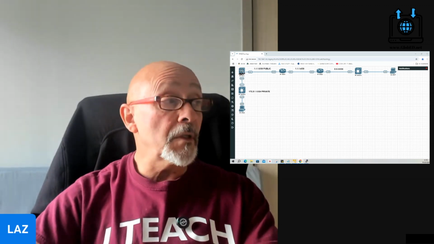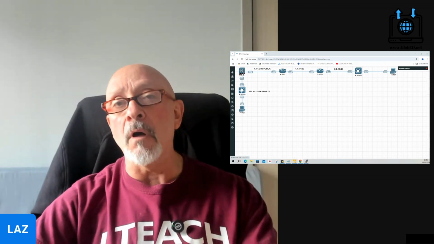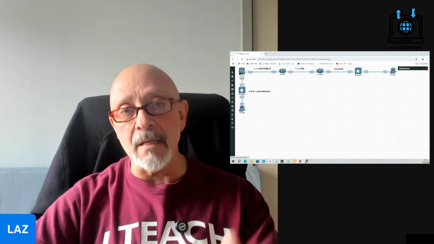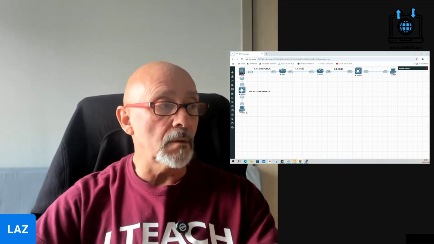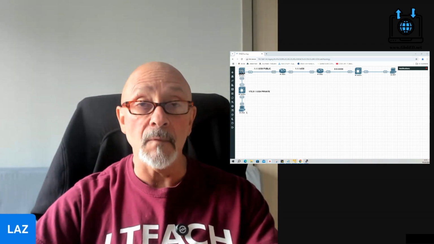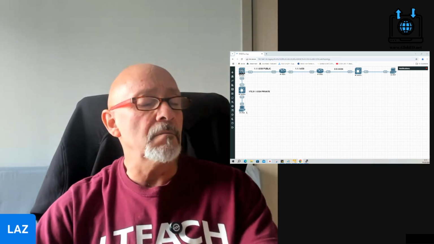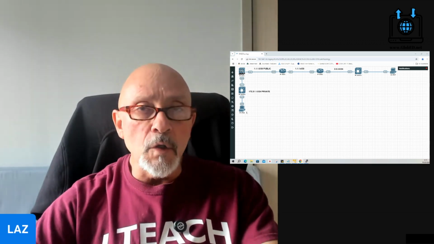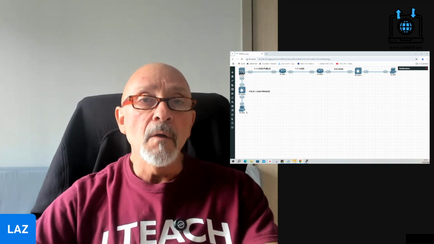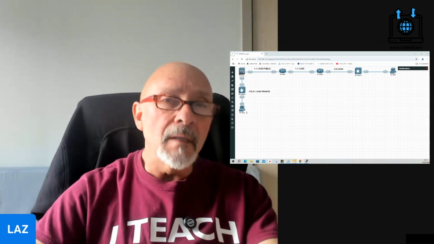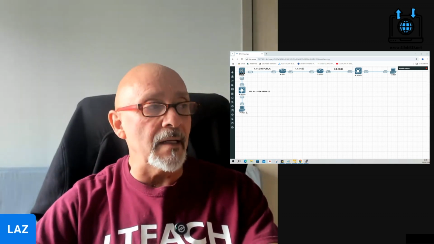Now, VPC6 has no IP address. Why? Because we're going to configure a DHCP server on the actual firewall to assign IP addresses to the PC. We're going to do several housekeeping commands, not something major. It's just some basic housekeeping commands: a username and password for management purposes. We'll enable SSH, things of that nature.